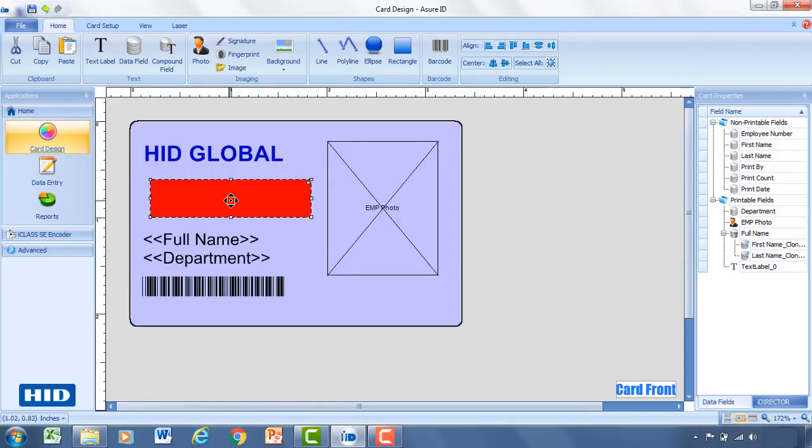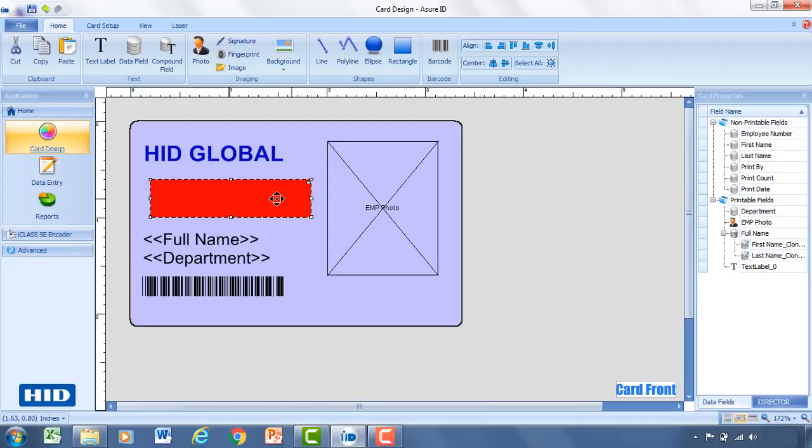Now I can see in a high secure area, if you have somebody that is only admitted into or allowed into this particular area, and you want it to be easy for the security guard to understand that, okay, that person has the appropriate clearance. So you want to see a big red mark on their card. So if you don't see a red mark, you're not going to allow them access into the high secure area. So with that, we want to put the red mark on, but we only want it to be there for